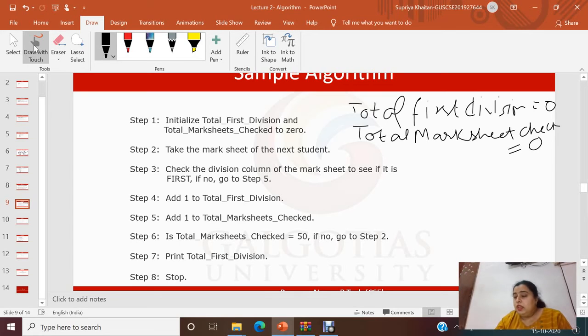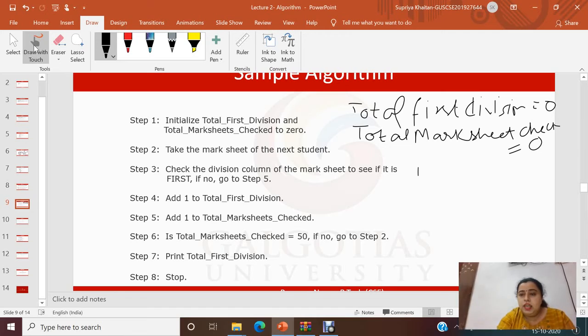Take the mark sheet of the next student. So there are total 50 students. So we need to pick up all 50 students. Check the division column of the mark sheet to see if it is first division or not. If no, then go to step 5. So it's again, see if division is equal to first.